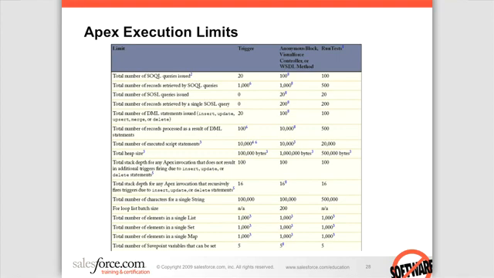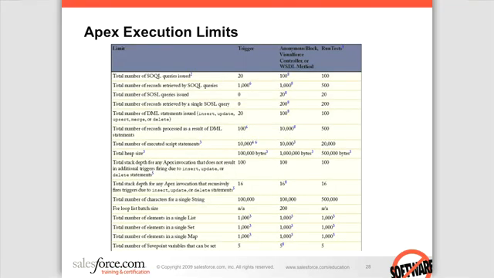All right, so let's take a look. This is a screenshot that's taken directly from the documentation. One of the things I would recommend is when you get the chance, go out to the Apex Developers Guide and take a look at the full list. This is a subset. Some of the most important ones are at the top, but this is a subset of all of the governor limits that apply. Let me point out some of the